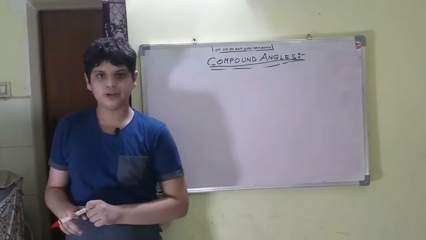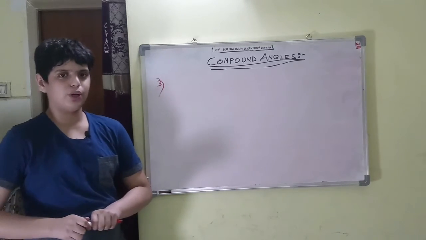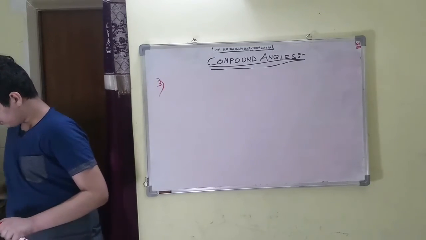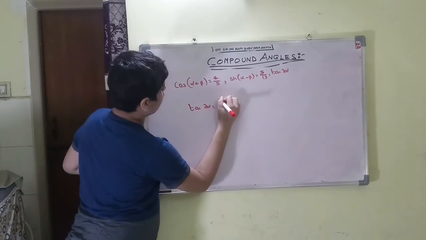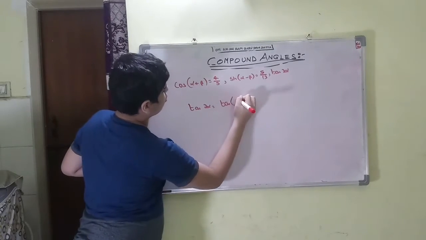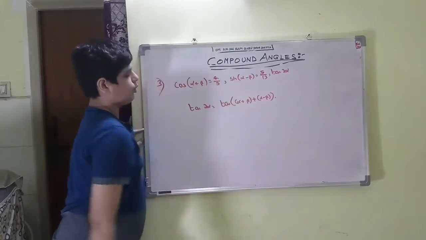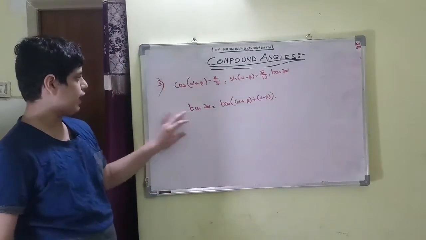The next question I am showing it on your screen. So the given question is cos of (alpha plus beta) and sin of (alpha minus beta) values are given. So we need to convert it into a triangle and simplify. Okay, so I hope you have noted it down. Now I am going to explain the sum on the board. So the given data is tan 2 alpha, I hope you have tried it. We can write it as tan of (alpha plus beta) plus (alpha minus beta). So now if we find the values of tan(alpha plus beta) and tan(alpha minus beta), we can find the value of tan 2 alpha.